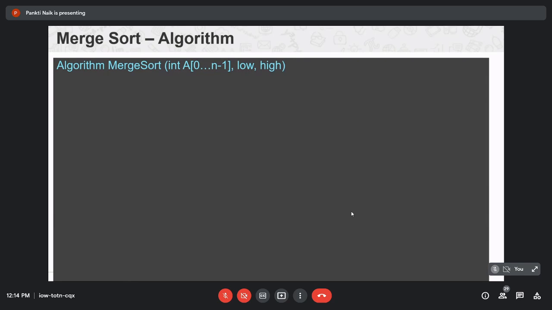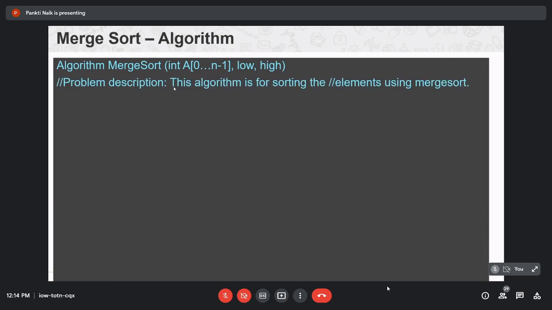Algorithm merge sort: inputs are your unsorted array, low and high. Low means the index of the first element of the array and high means the index of the last element in the array. Then problem description: this algorithm is for sorting elements using merge sort.